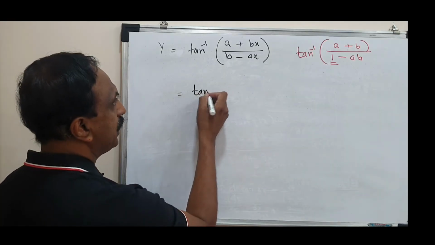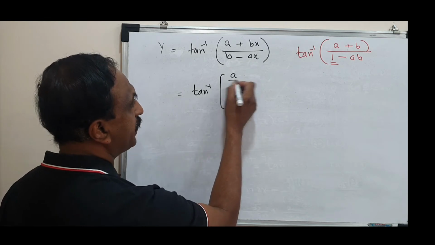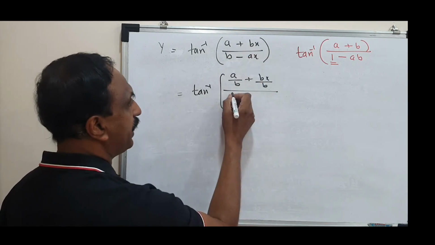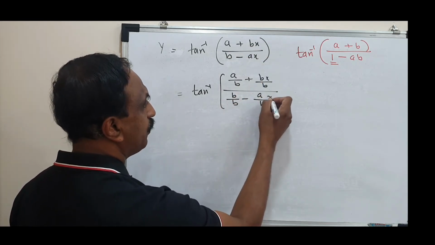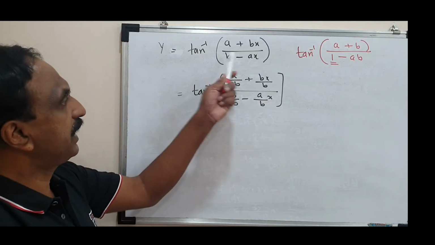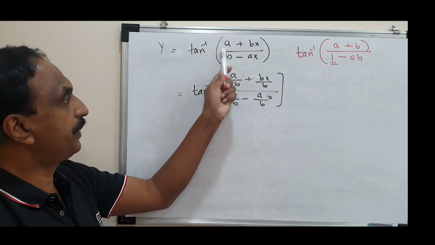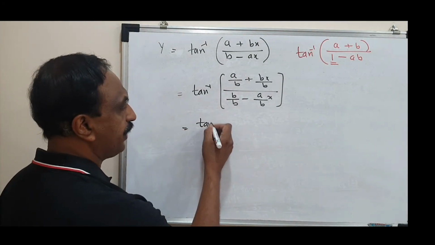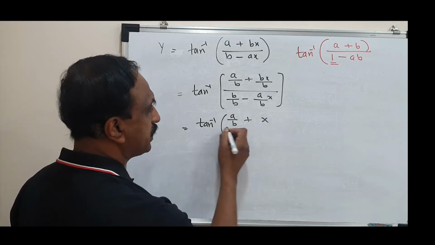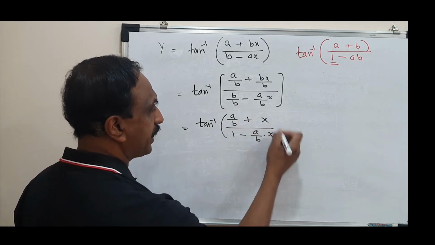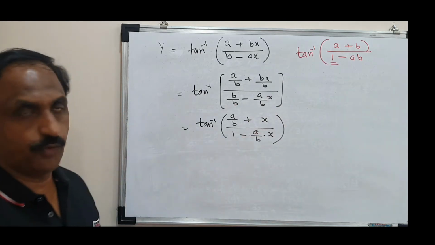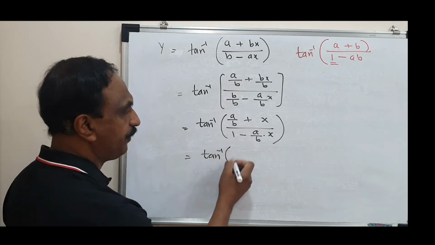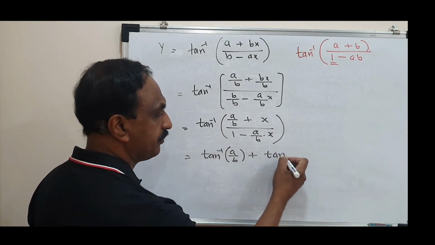What I'm going to do is divide the numerator and denominator by b. What do you mean by dividing the numerator and denominator by b? Divide every term by b. Did you understand why I should divide by b? If the first term needs to be 1, then whatever is in place of 1, divide by that term. Then only I can get 1 there. Now this is tan inverse of (a by b plus x) upon (1 minus a by b into x). So it is satisfying the condition of the formula. Since it is satisfying the condition of the formula, I can write this as tan inverse of a by b plus tan inverse of x.